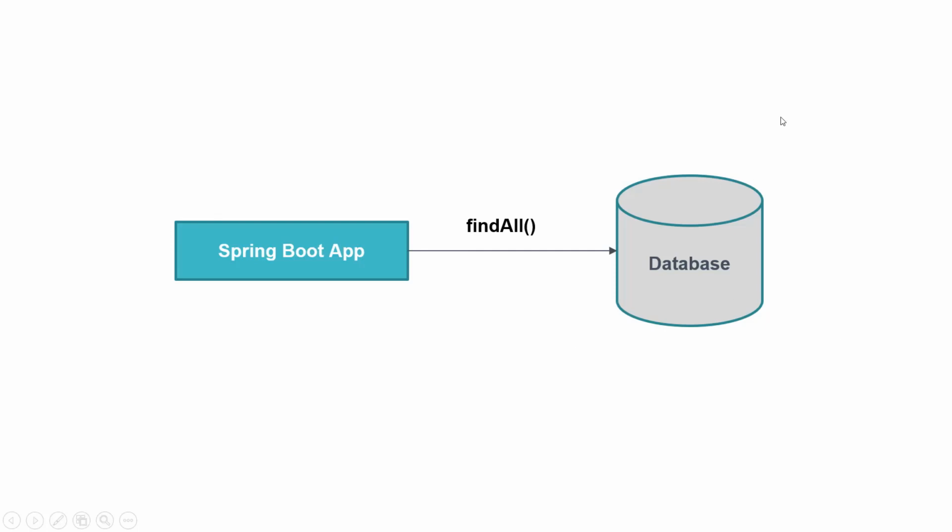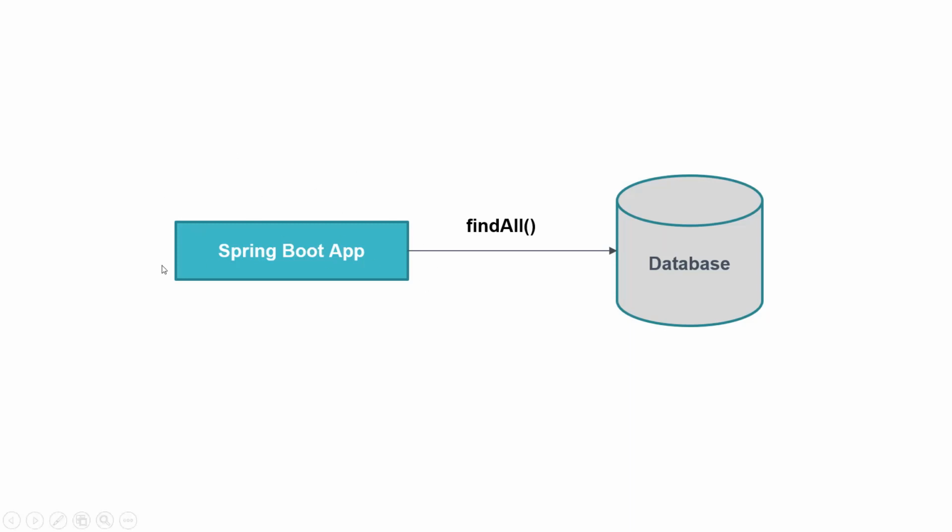Now, say for example, our database is giving a lot of data for this query, and the Spring Boot application is not able to handle this much data. Basically, the Spring Boot application is out of resources. So there is no way that our Spring Boot application can tell the database that, hey, slow down. I'm out of resources. Give me some time and slow down during that time, and I will try to arrange other resources. So there is no such way with our traditional REST APIs in Spring Boot application.